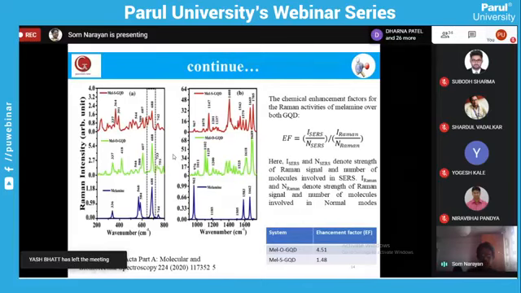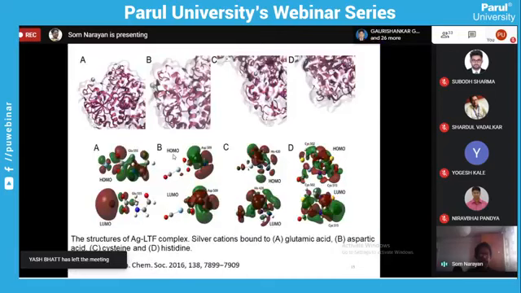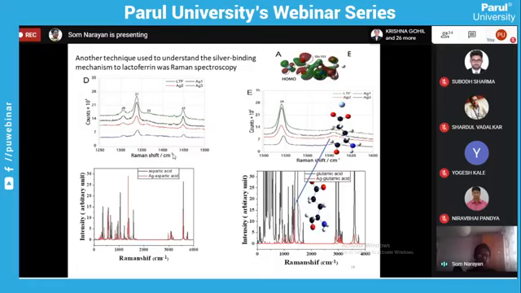Moving to another topic, that is lactoferrin. Lactoferrin is found in milk, and it is essential for the transfer of ions, for example silver, zinc, Fe, and all these things. In this case, we have to analyze these as well, where they detect Ag at different sites, and we compared their experimental results with our DFT results. We have seen that there is a certain peak enhancement in the Ag